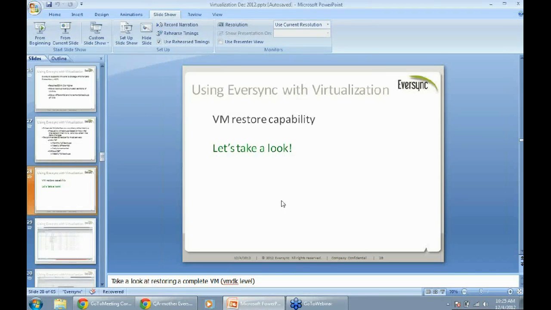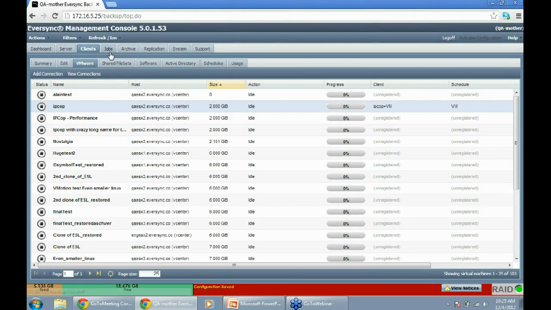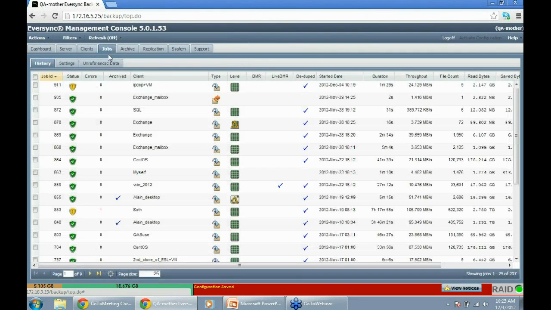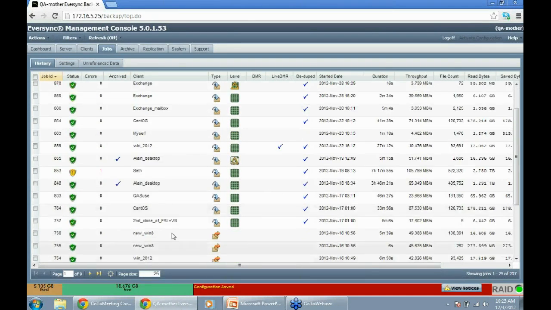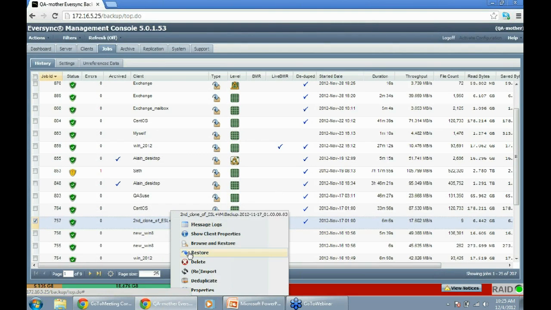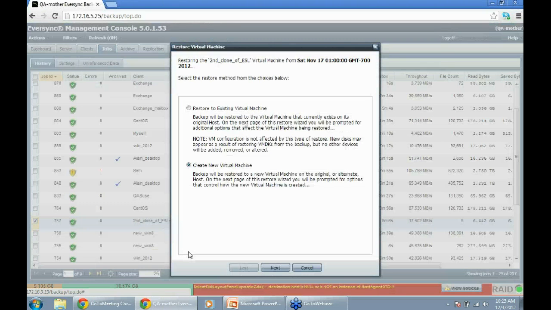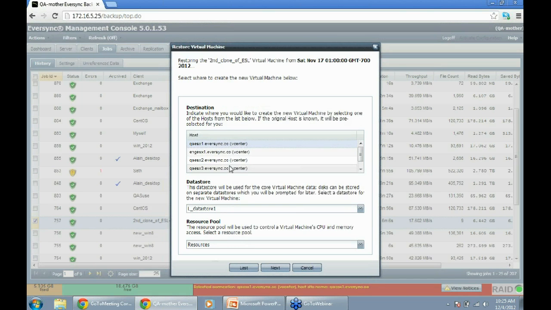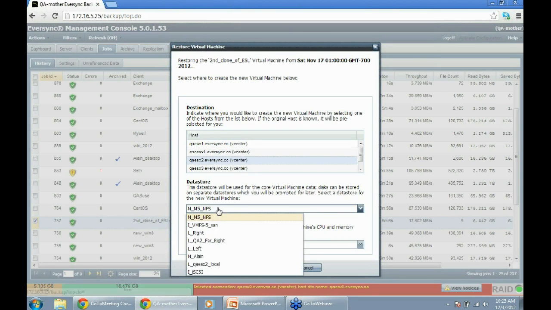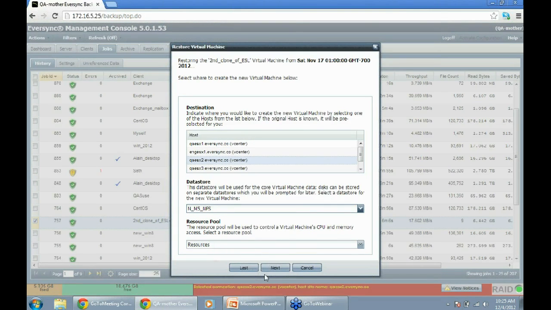So let's have a look at doing a restore. Come in here to the jobs, and let's take this one. And I'm going to restore it. Could restore over the existing VM, but I'm going to create a new one because I don't need to replace that VM. Just for demonstration, choose what host I want it to go to, data store.